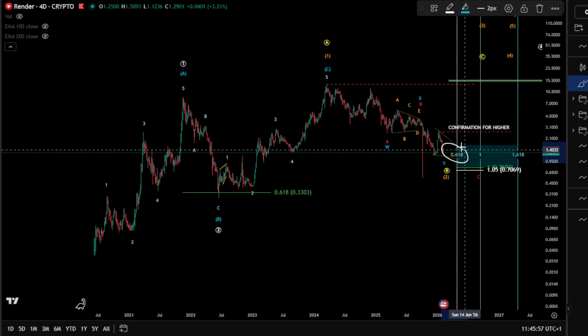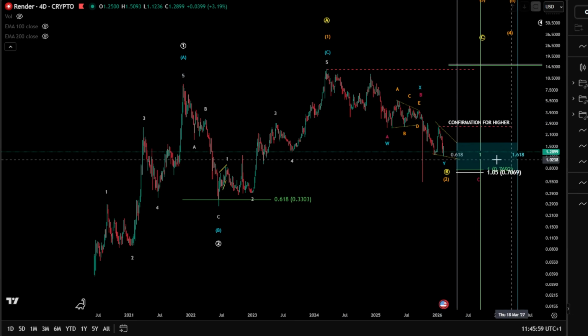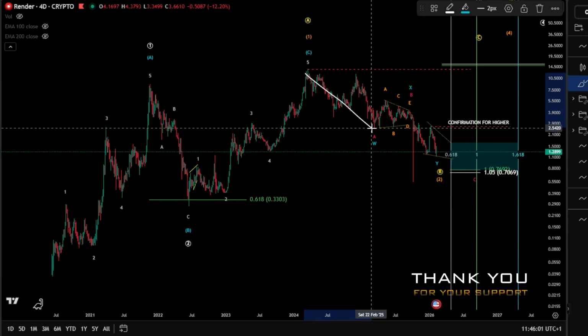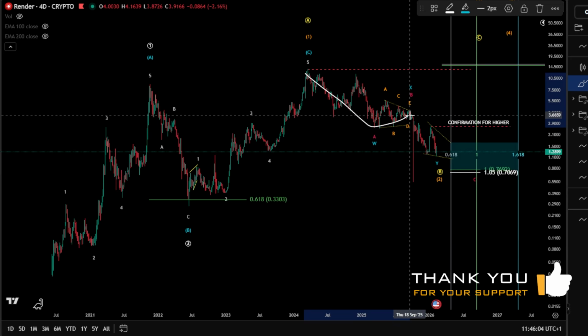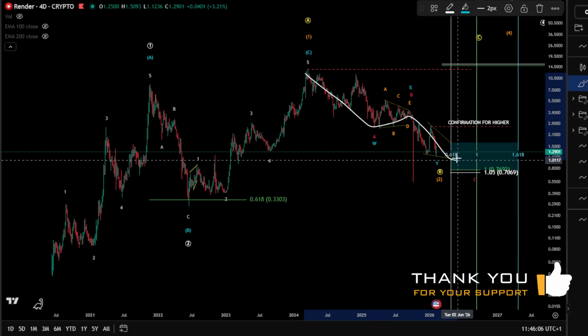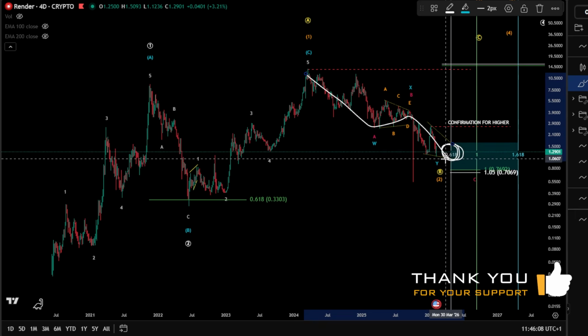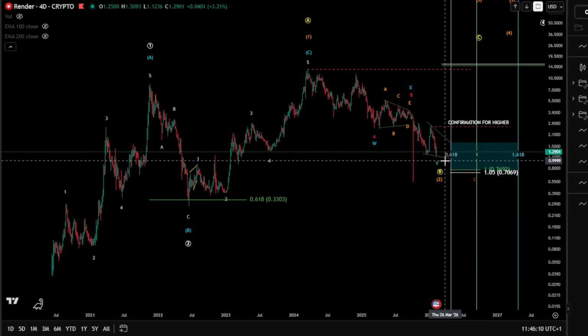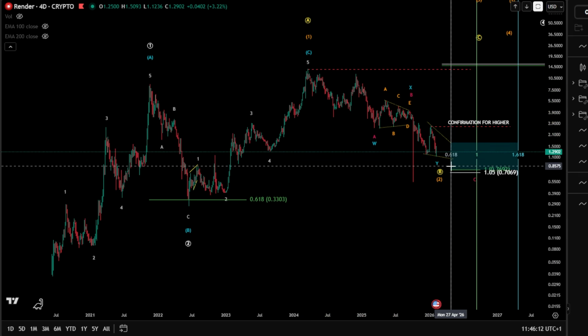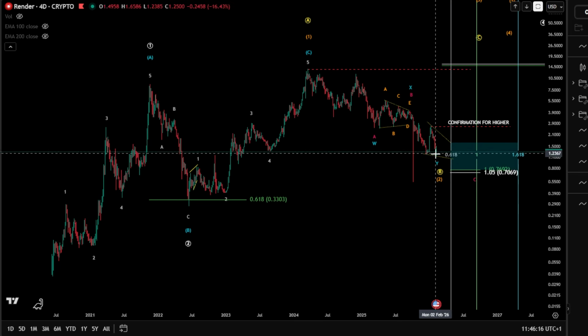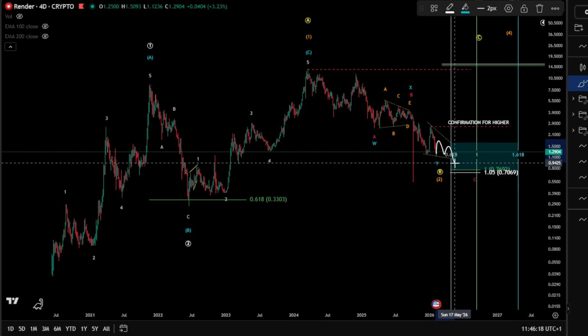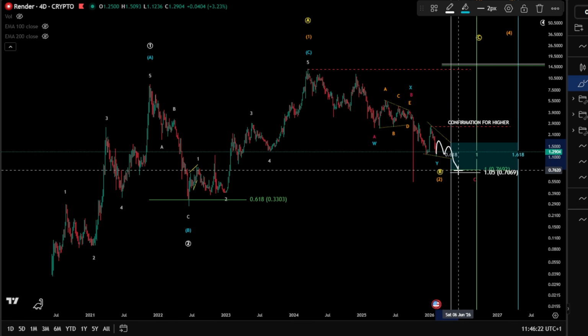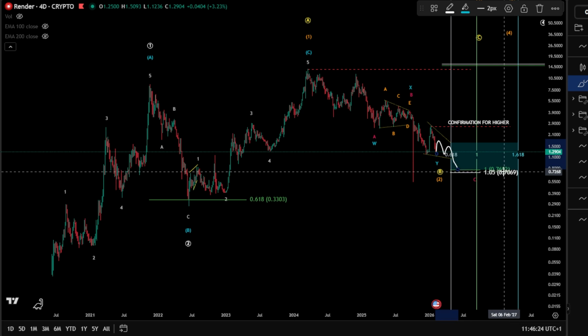And as you can see, the FIB time is very required here, taken from the W or from the A to the X or to the B. And both have the same minimum requirement as FIB time, 0.618, which might be until May or April. This means we might still range here, and even for lower prices, it can reach for Rndr a 1-to-1 FIB level, possibly